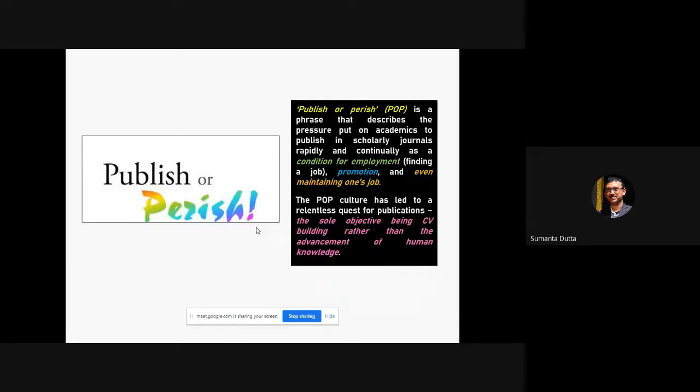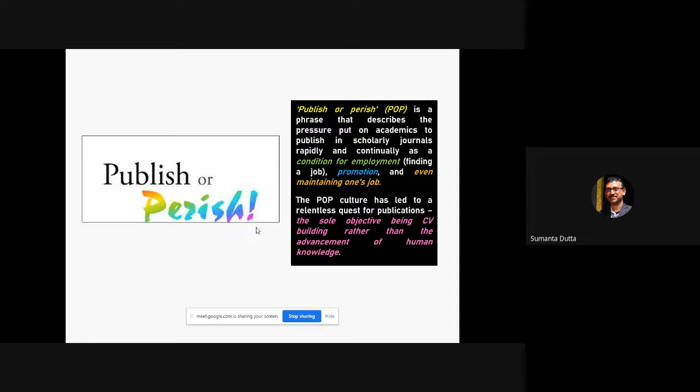Now, coming to the backdrop of this, we are under constant pressure. You have to publish, or otherwise you will not get promoted. Your annual increment, or your annual promotion, totally depends on how many good publications you have made. Otherwise, your higher educational institution will not give you a chance to go for a promotion. So promotion, maintaining my own job, if I'm not publishing over a long period of time,